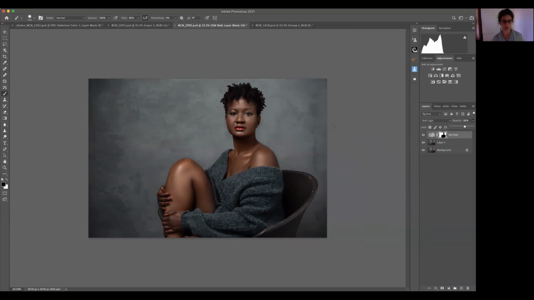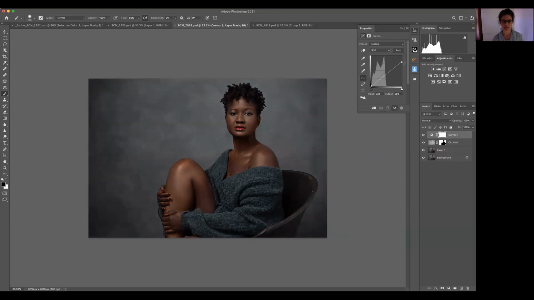Now, one way we can do that, and it can be easy because we already have a mask where we masked her out, is to use a curves layer and lower the highlights overall. Then I can use the Option key on my Mac, or I think it's probably Alt on a PC,